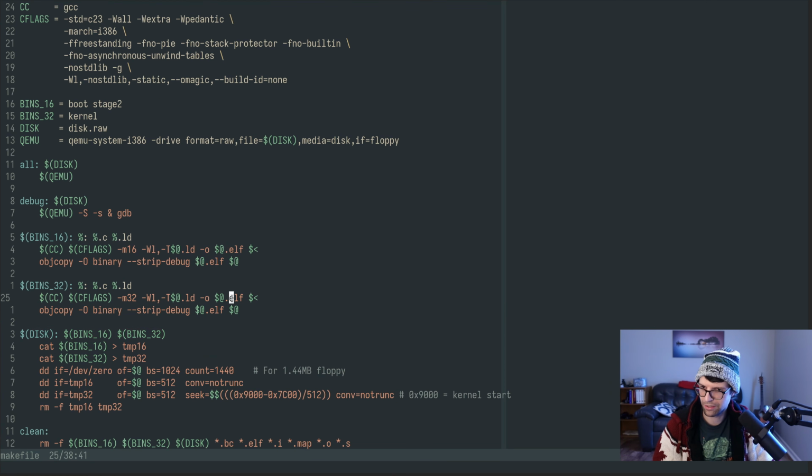To make the disk image here, I'm just concatenating the 16-bit and the 32-bit ones together to some temporary files, making a 1.44 meg disk image out of 1440 1024 byte chunks of zeros. I'm putting the 16-bit files at the start of that, and then since they start at 7C00 for the boot sector, the kernel starts at 9000, so I'm just doing a plain sector offset into the disk here, which is not good. So I would want a better kernel setup to be able to put it at whatever address I want and to make it not